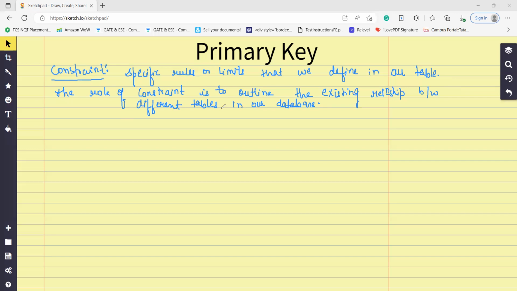We are going to learn about each and every constraint. So let's start with the first one, that is the primary key. I'm going to write down the topic name, and then we will learn what this primary key is and why we use it. A primary key, we can say, is a column